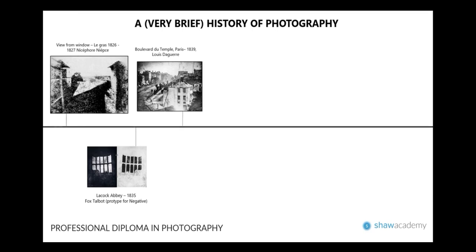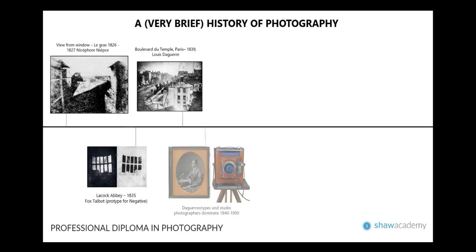He actually collaborated with Niépce in developing his camera, but Niépce was unfortunately gone by the time that photograph was taken, and the daguerreotype then determined the photographs for the next couple of decades after that, and studio photographers dominated. So photography wasn't really something that was available to the masses until 1900, when we